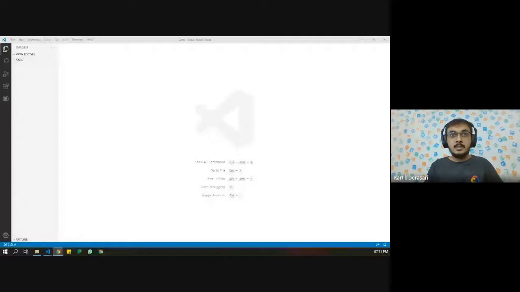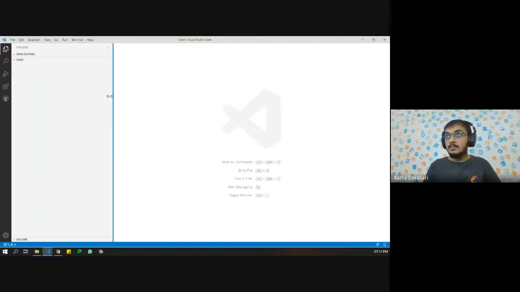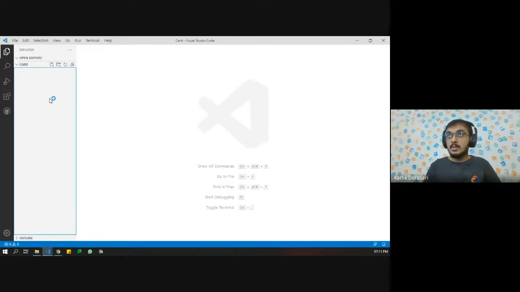Okay, VS Code will appear now. VS Code is visible to all of you, right? Zoom in a little bit.